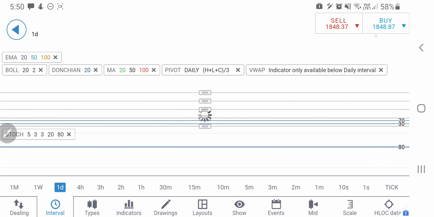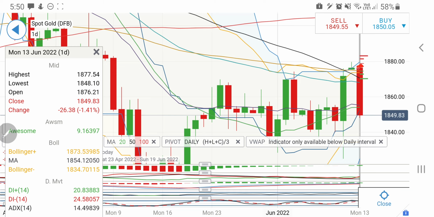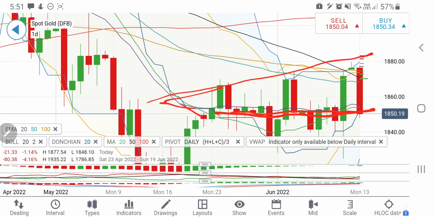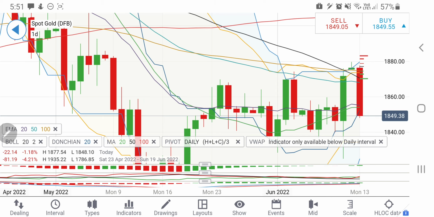And similarly, if you look at the daily charts, it has seen a reversal from here, and as I have told earlier, it may try to strike again. In the weekly analysis also I have told that it will try to come back to the pivot levels. Now this is the pivot level here at 1850, 1855. We have seen the highs here. Now probably if it trades below 1850 and stays below 1850, we can see the lows towards 1820 level. There is a possibility that it can continue to drop towards 1820 in this entire week, but I will be watchful of how it behaves in between the 1850 and 1855 zone.